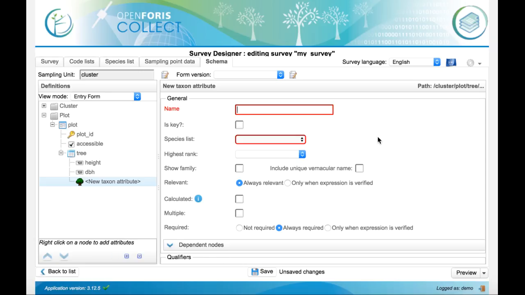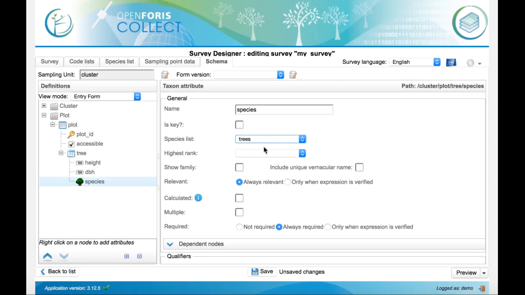Give it a name, in this case can be only species because it's the species name of the tree. Select the species list that we just created from the list, trees.